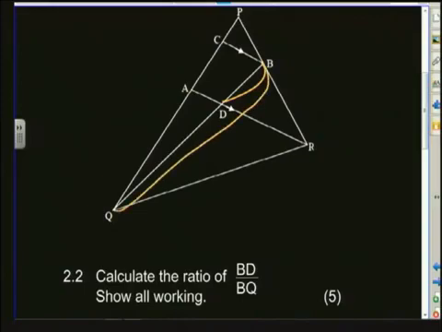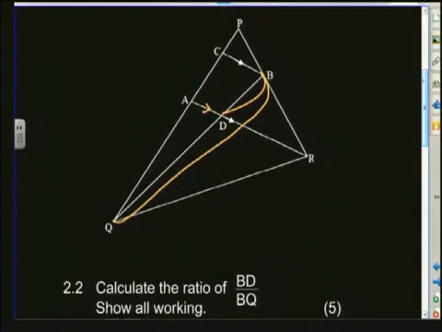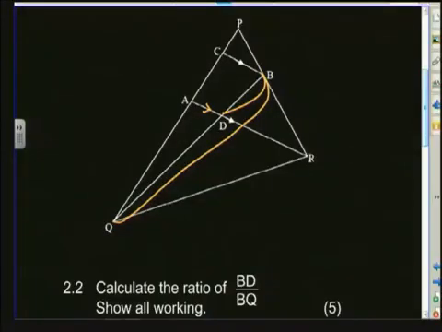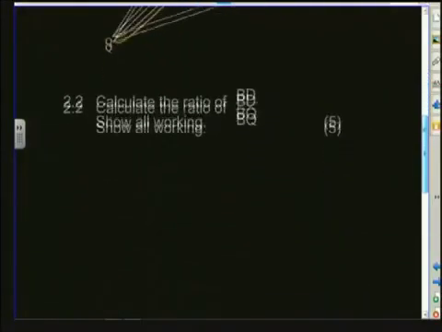Okay, so on your diagram they want the ratio of BD, which is that one, over BQ, which is the entire length. You've got your parallel lines BC parallel to AR, and since AD is part of that same straight line AR, it would then imply that AD is also parallel to BC. Now if you look at your diagram, you need the ratio BD over BQ, but you've got to relate that to something else, because as it stands, we cannot work out the ratio directly. We've got to relate it to something else, and that something else will help us to work out the ratio we need. So from my parallel lines, using the proportion theorem, I can state,